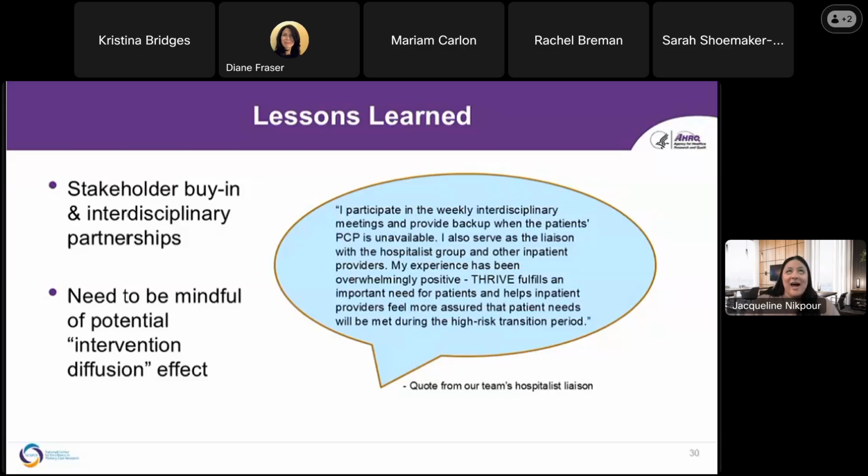And when we ask our providers that question, across sites, we get the same response, which is, well, I'm on the phone all day. I would rather get a 10-minute phone call from a home care nurse or whomever to clarify a simple medication order, discharge order, or whatever, than have that patient not get their needs met and end up being readmitted and back on my caseload for another stay for a week or two. So it really is a win-win situation when you think of the hospitalist, the clinician side, and the